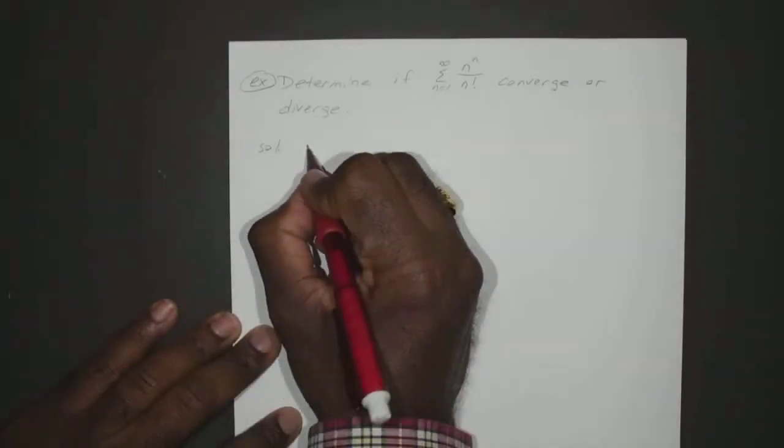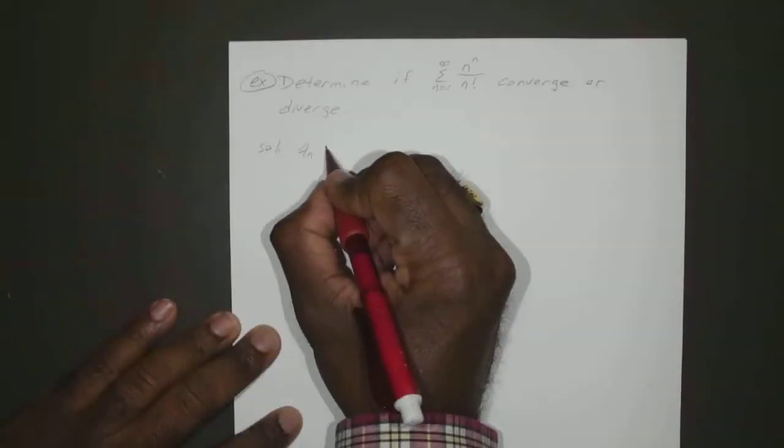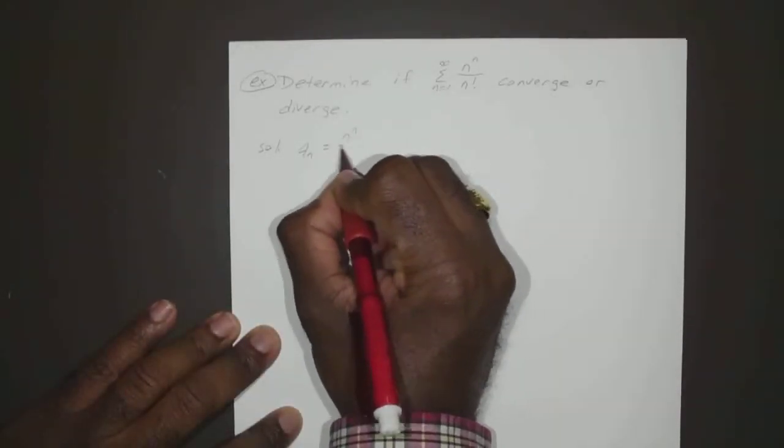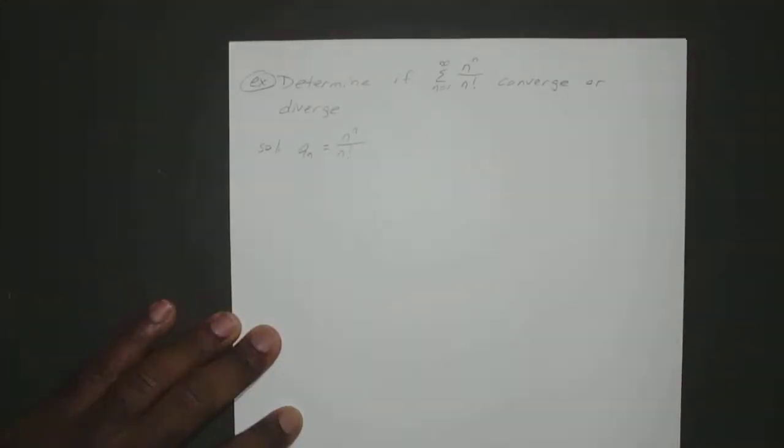All right, so we know that our a sub n is going to equal n to the nth power over n factorial,